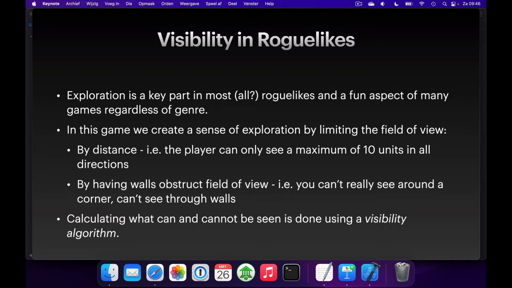So let's first talk about visibility. Exploration is typically a fun part of roguelikes, but basically any type of game. So we want to add a sense of exploration to this game by not showing the map in its entirety at the start, but showing it piece by piece and simply limiting the field of view of the player. And we'll do so by distance, so you won't have unlimited view distance. And we'll also let obstacles obstruct the field of view,